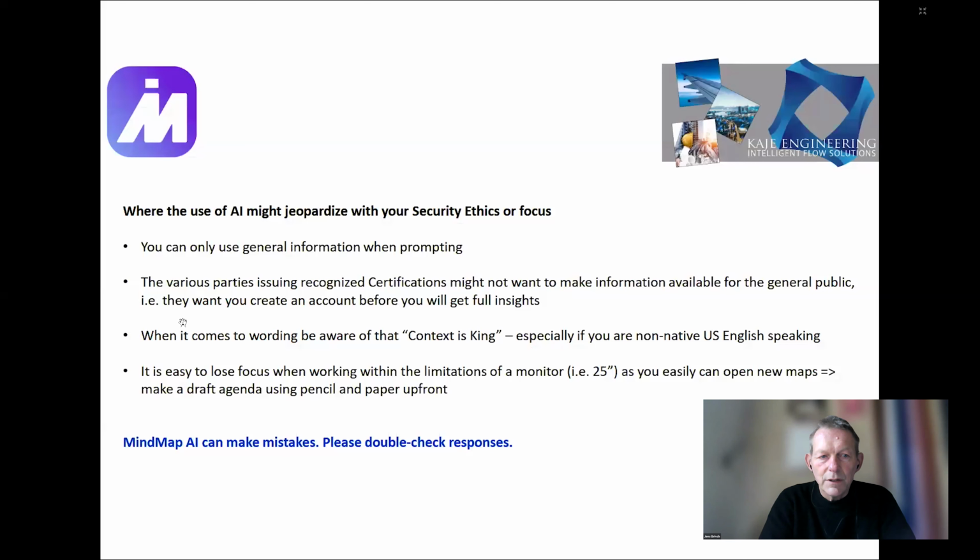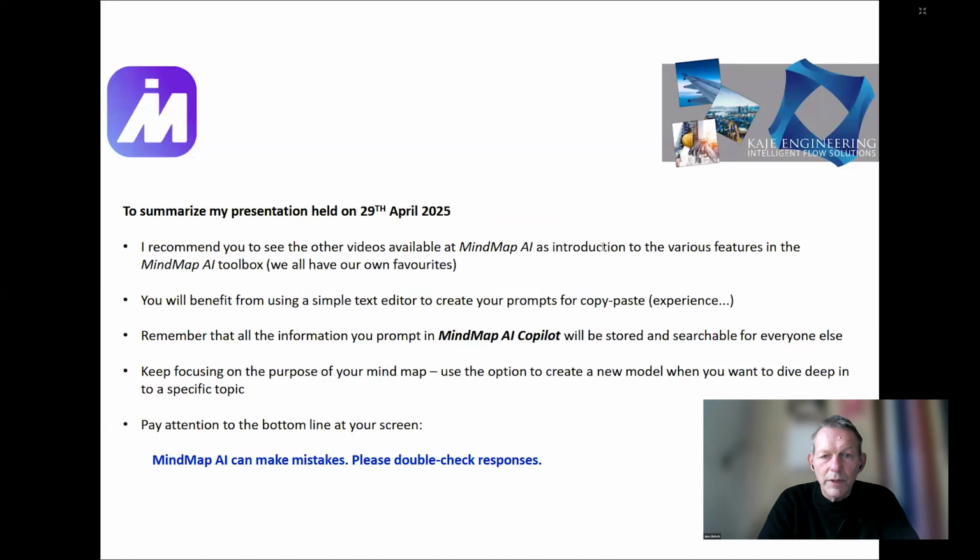This is, in my experience, very important for us non-native US speaking people. I don't know where I am on time, but in general, I hope you get an idea of how valuable this tool will be in order to get an overview.